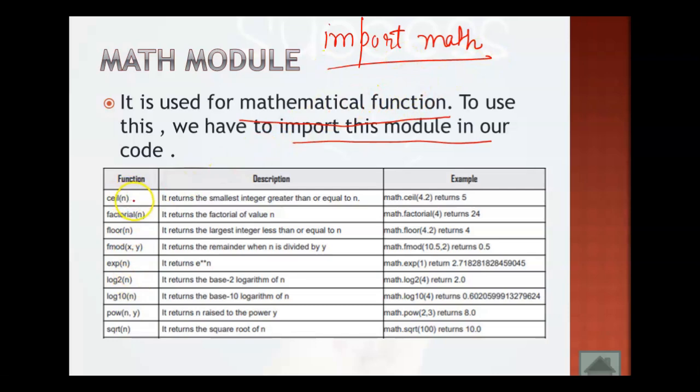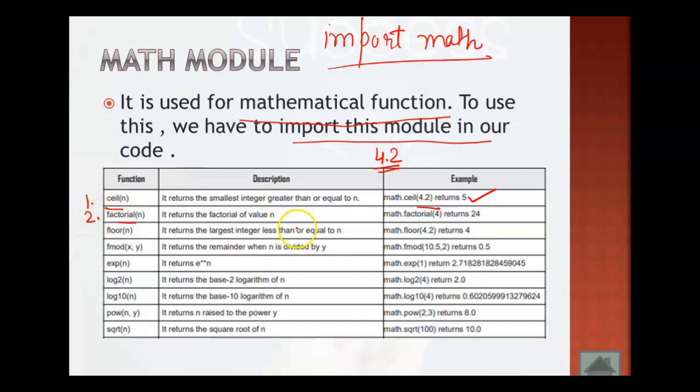Multiple functions are there, so let us go through them one by one. The first one is the ceil function, and then floor. If you have an idea of ceiling, you can compare it with the ceiling fan, which is up above your head. So this takes the next integer value. It returns the smallest integer greater than or equal to n. We have 4.2, and it will give you the next integer value, so the answer is 5. It returns 5 because ceil gives you the next integer if there is a decimal portion in the number.